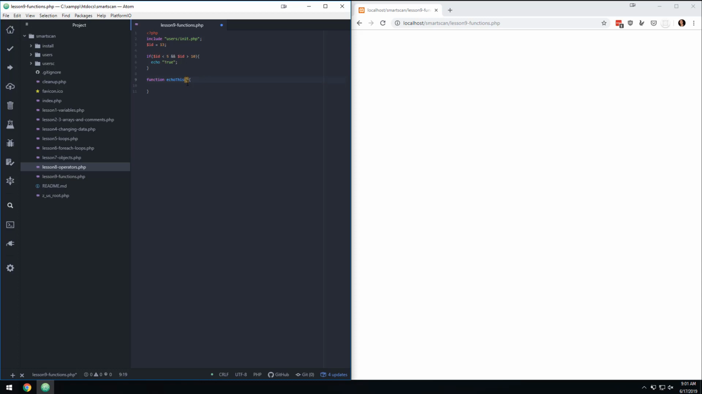Now, with a function, you don't have to put something here, but you may decide that I want to, what they call, pass something to this function. So we're going to put a variable called text. And then inside the function, I'm going to say, what do I want to do? I'm going to say echo, I have been told to echo, and then I'm going to put a space, and then I'm going to put .text,